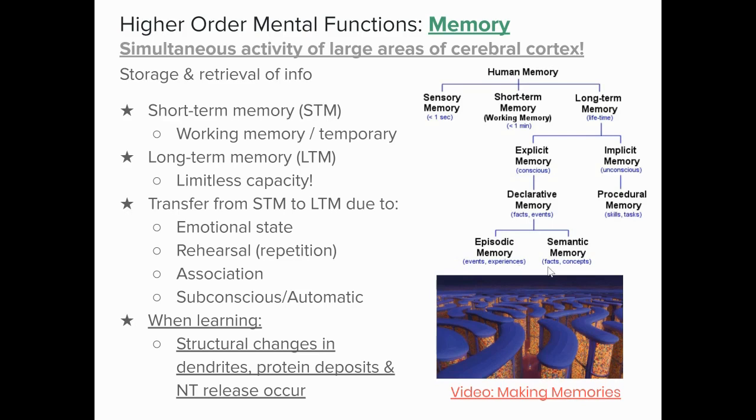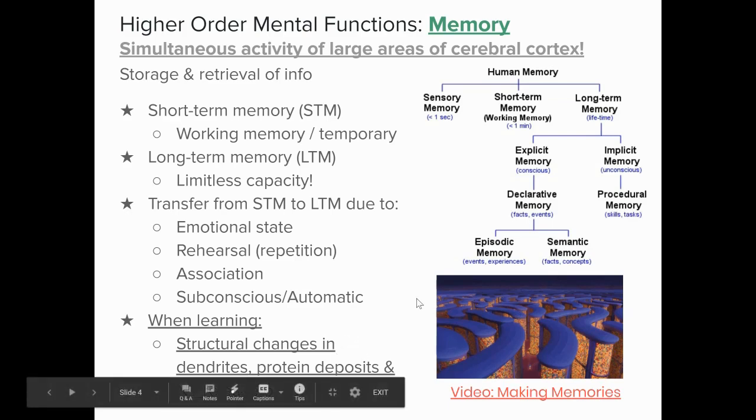Semantic: facts, concepts, memorizing things, repetition. So all of these are part of the long-term memory. Anything emotional, for sure, you guys, you're gonna remember it. Sometimes some of you will be able to block it out, but something emotional you remember. All right, so